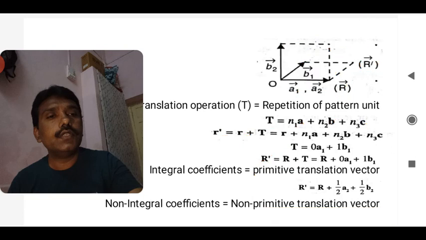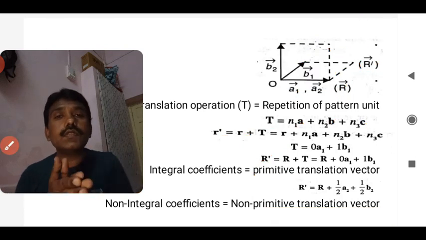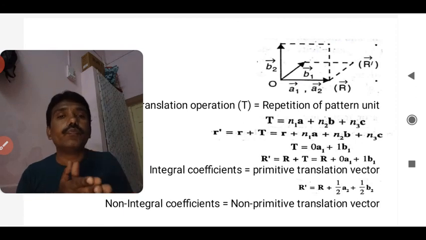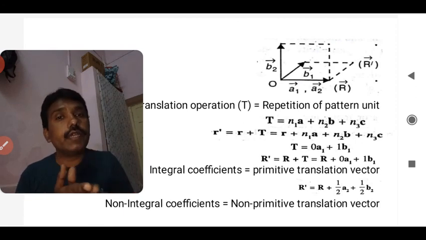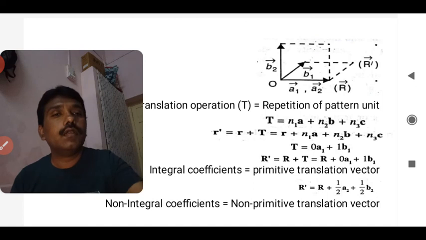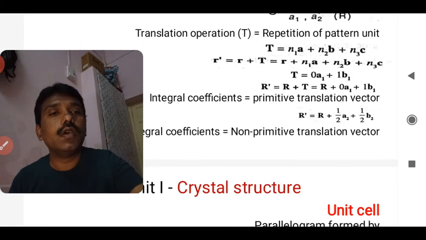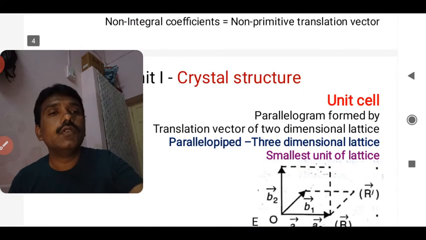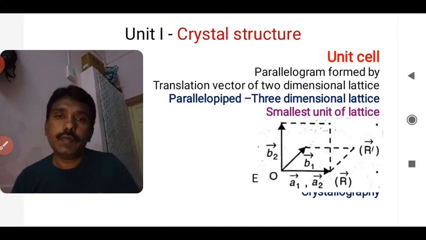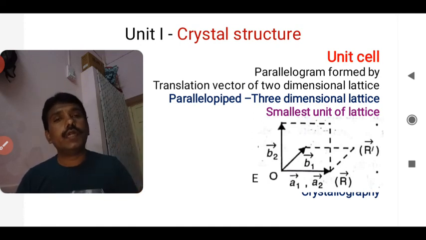Why this factor is very important, I have repeated in depth, because with these primitive and non-primitive translation vectors, the next part which today we are going to learn, that is called the unit cell, is very important. So moving forward, as your